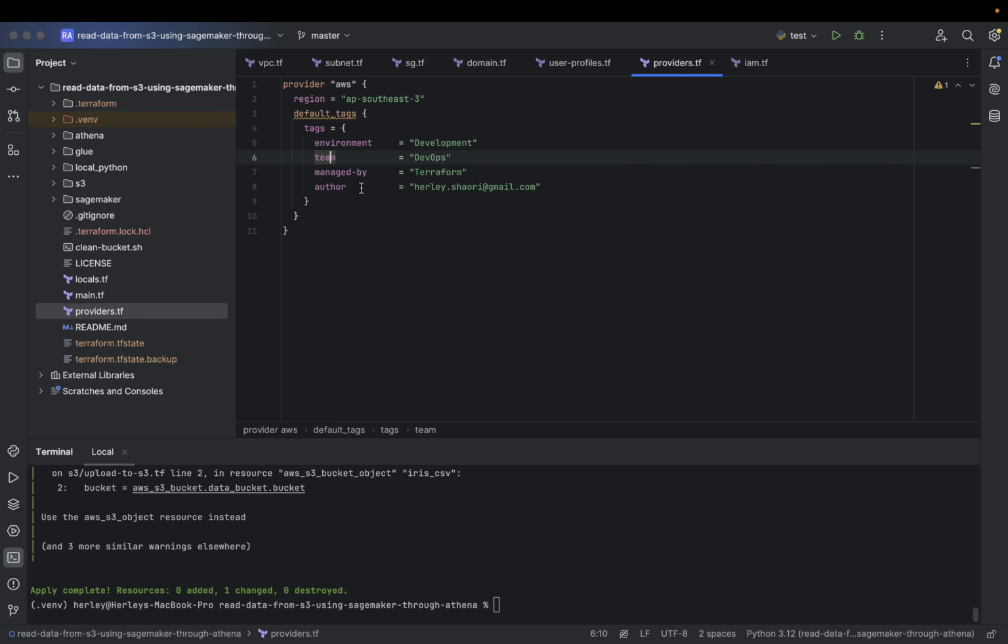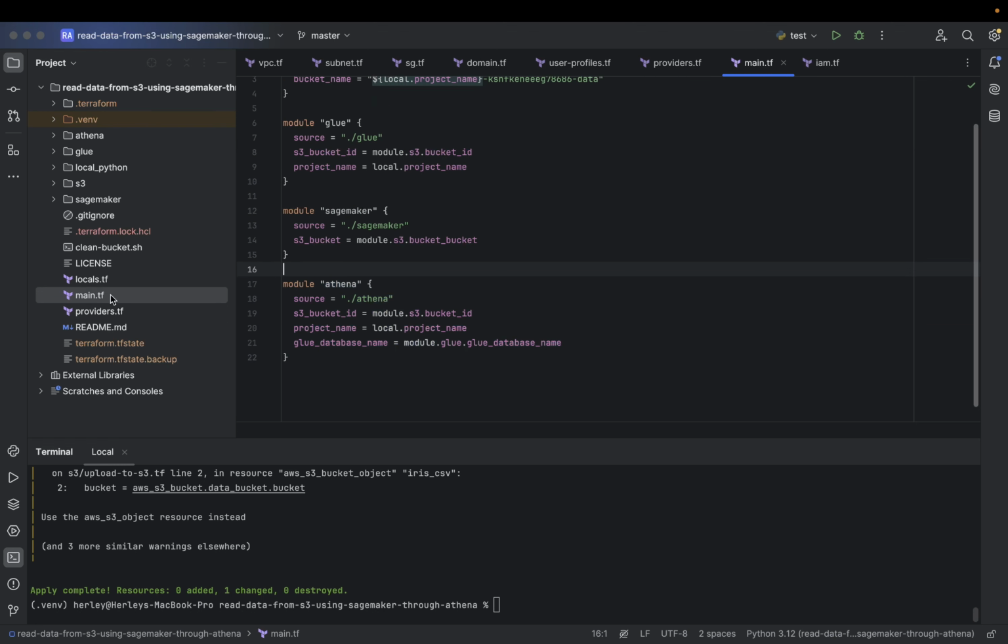So rather than typing these arguments one by one on the created resources, when I'm using Terraform with default tags like this, it will automatically write your tags into the created resources.